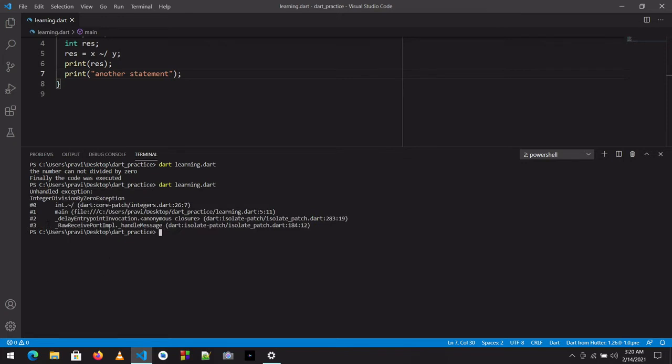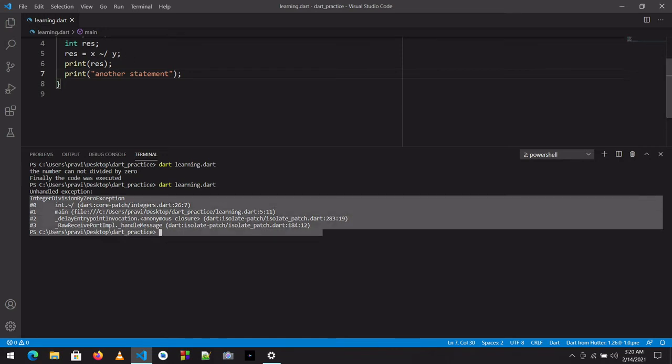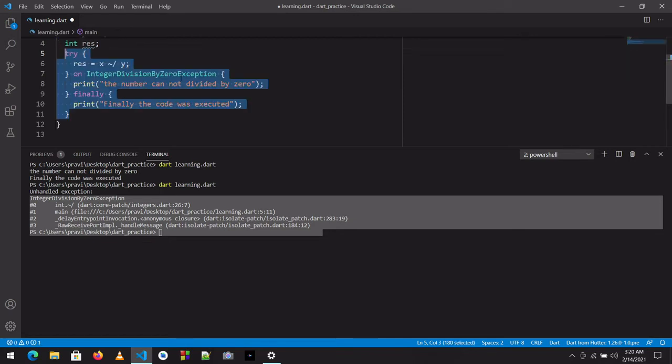So yeah, it didn't print the other statement. Instead it gave so many lines of error, and it just ended there without going further. So that's the reason we wrote exception handling, to handle the error and go further with the execution of the other statements below that code.